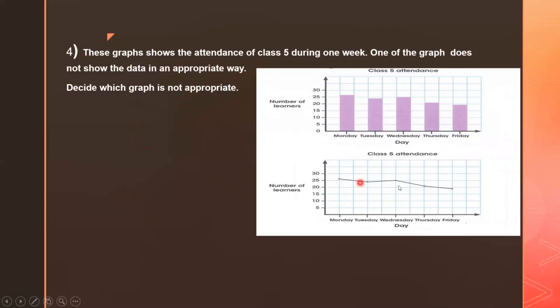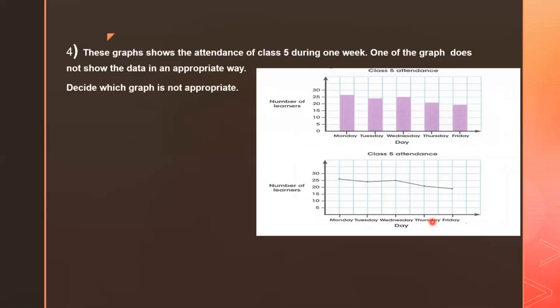Like these are the points you join, so you get a marking like this. Now just analyze these two graphs and see which graph is not appropriate, or by looking at the graph, which one seems better for you. If that one is better, which helps you to find the entire data, the other one becomes the